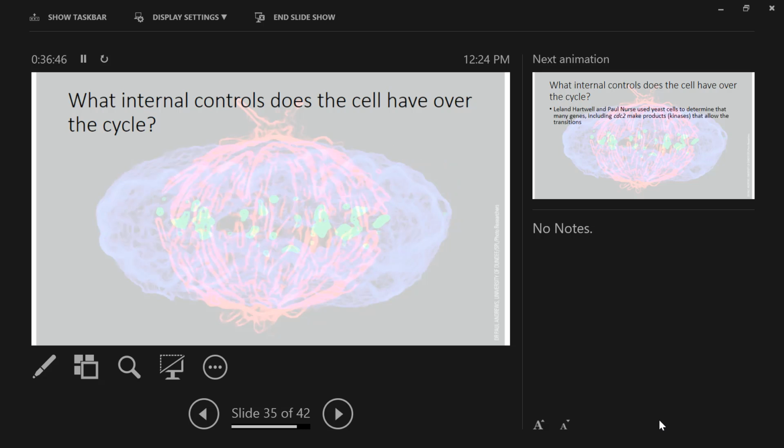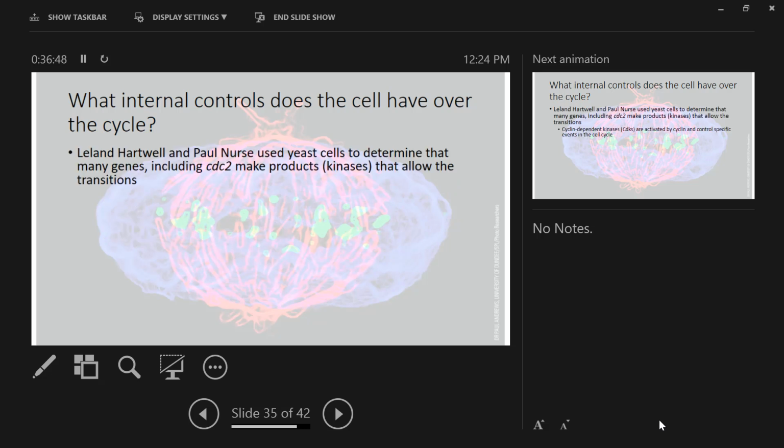All right. So continuing this question, another group of researchers wanted to study what genes are responsible for expressing the products that the cell needs to move through those checkpoints. What genes tell the cell to start making those cyclins, or those cyclin-dependent kinases? And so they found a gene called CDC2 that codes for these cyclin-dependent kinases. Okay, CDC2,